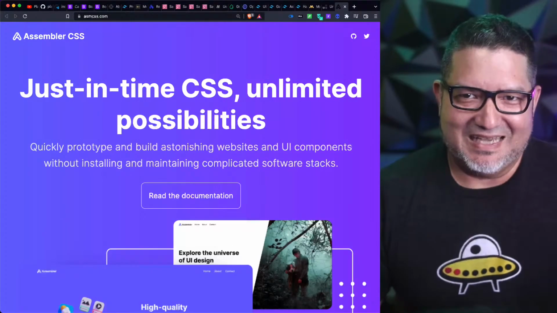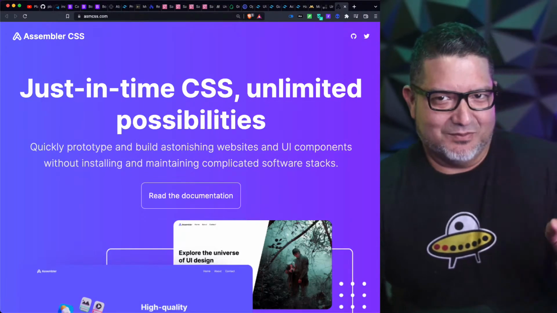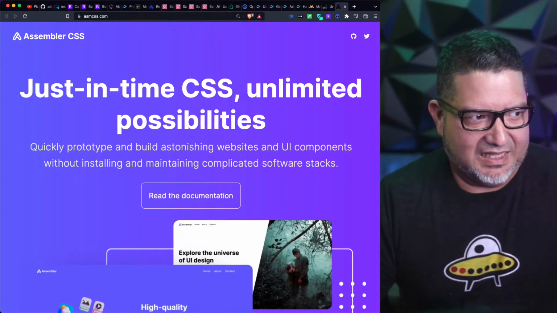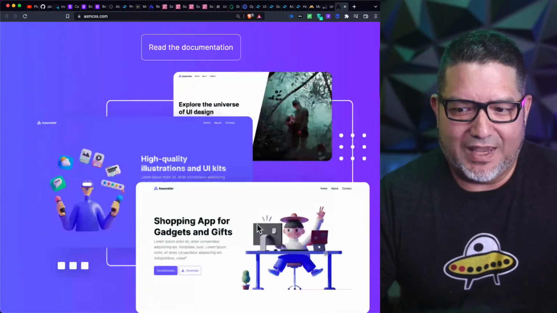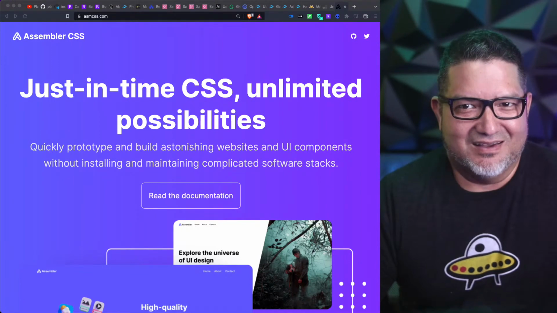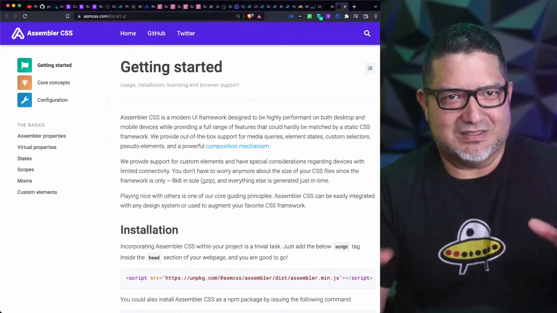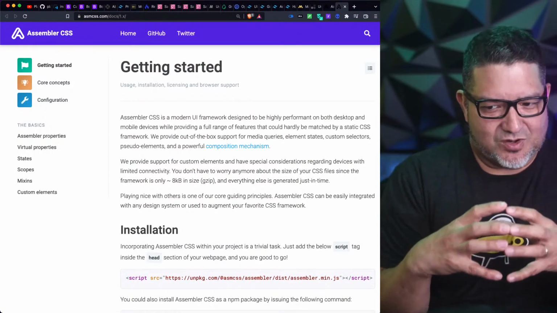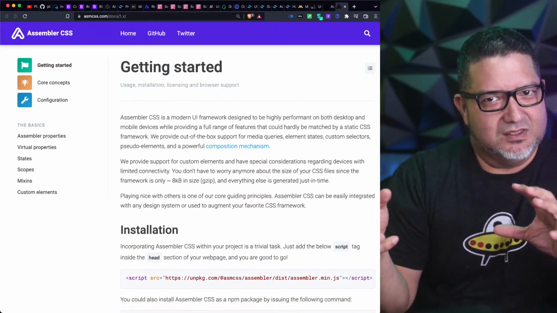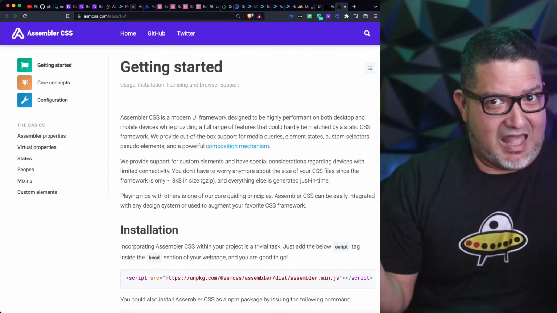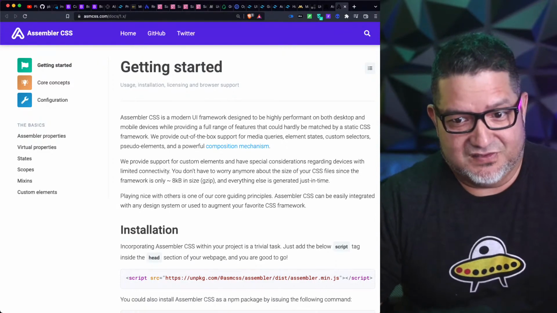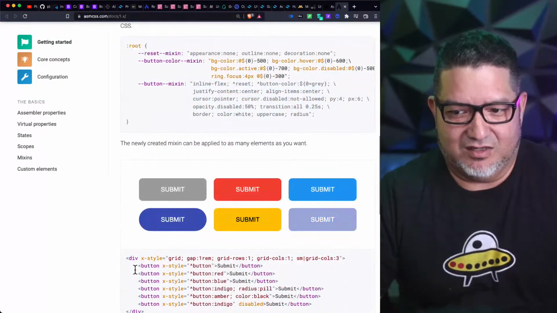It's not the bleeding edge, but something that is doing something similar but different is this one called Assembler CSS. And this one tries to give you a way of creating CSS that is based on the style tag. So if you think about what Tailwind CSS is doing, it's trying to give you the ability to create utilities that are very similar to essentially using just the style attribute in CSS, right? So this one actually says, well, if you're trying to use a style attribute, why not use that entire language,